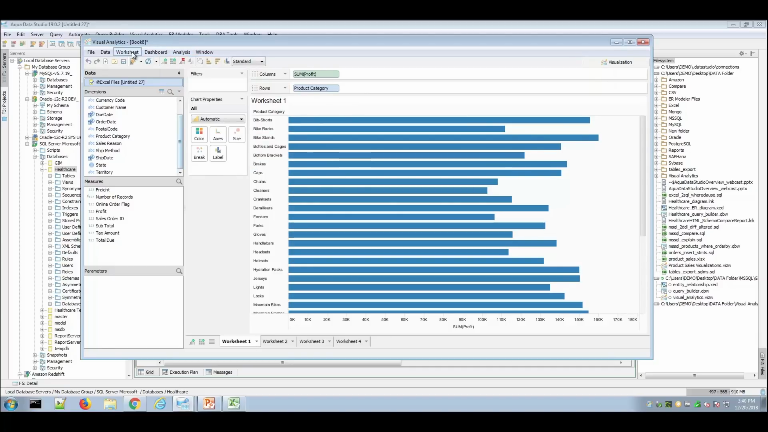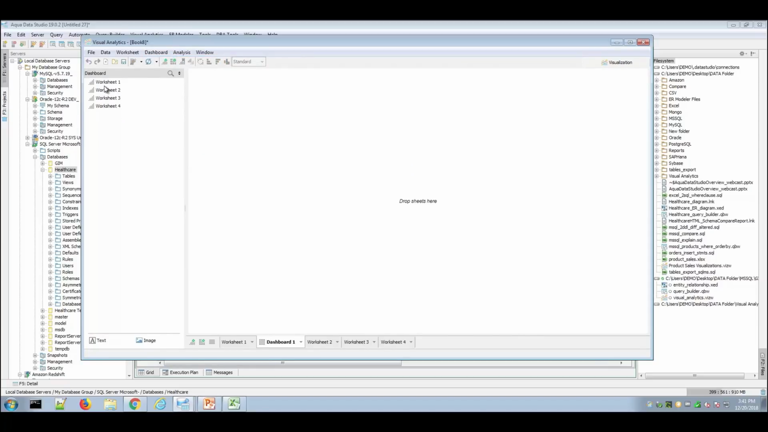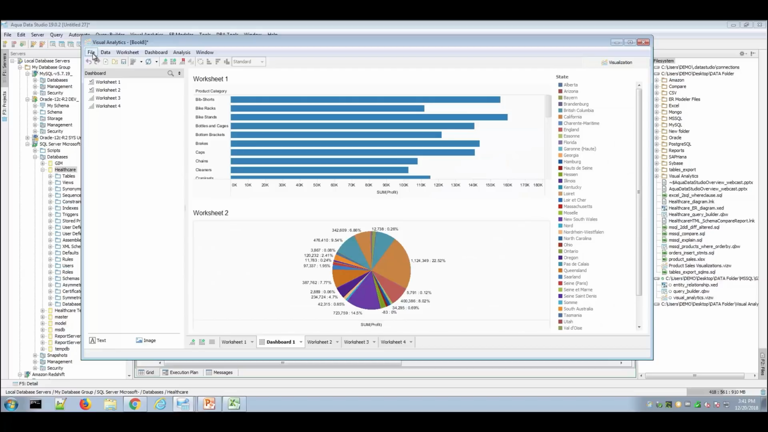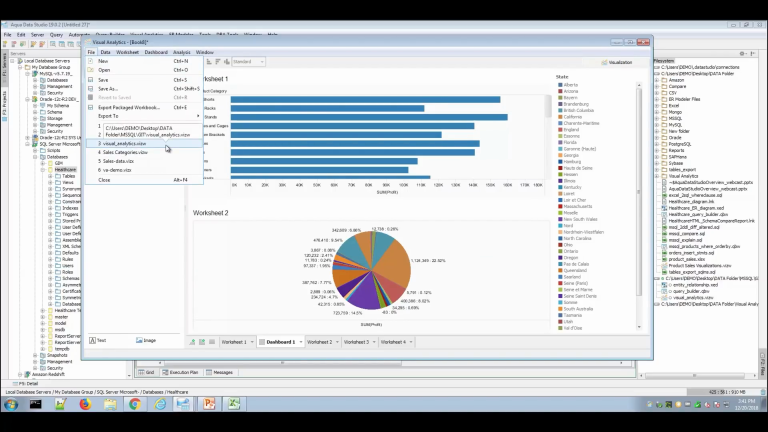And then the concept of dashboards would be a combination of charts, right? So here I have existing worksheets. If I was to say select a new dashboard, then I could choose the existing worksheets to build that dashboard. So this, of course, can be saved as an Aqua Data Studio file, and that extension is a .vizw. And so you have the Query Builder extension, the Visual Analytics extension, and then a third one would be the